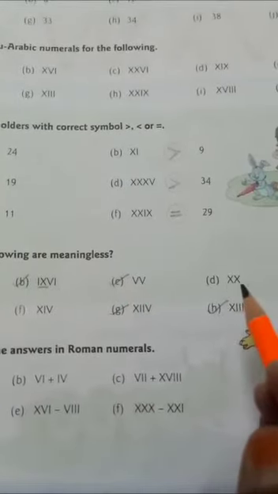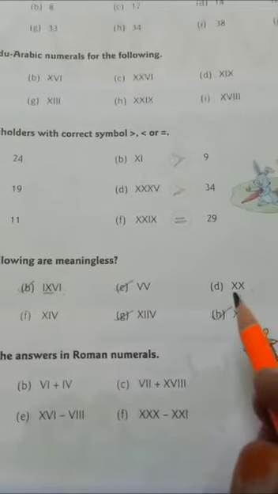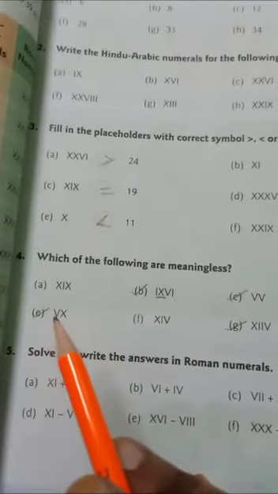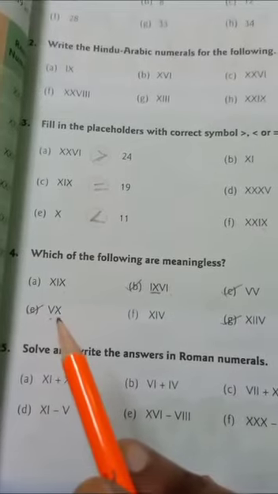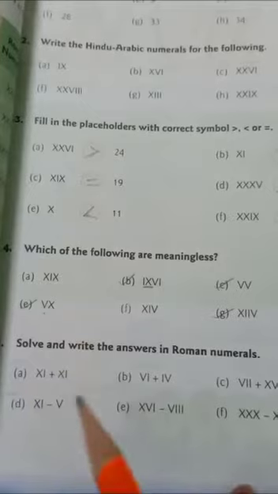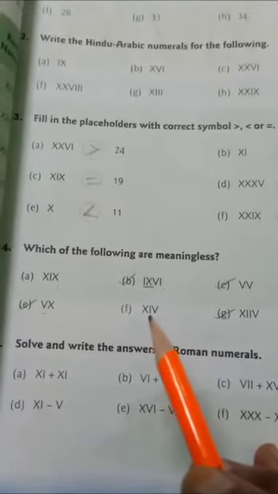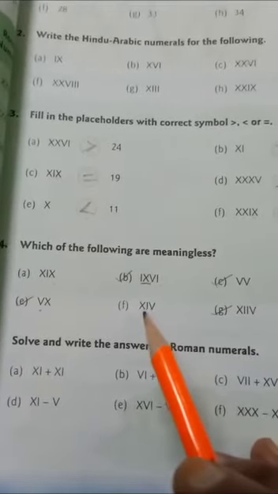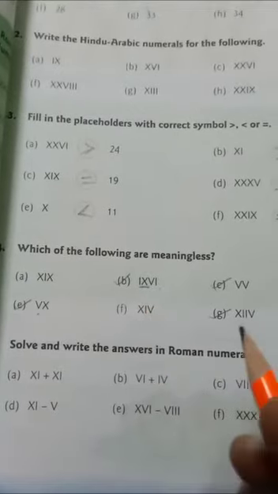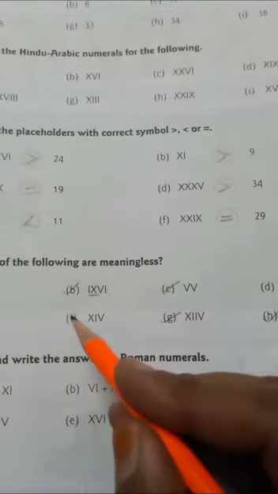Part D, X and X. X represents 10, X represents 10. 10 and 10, 20. And 20 is written like this. Therefore, it is correct. Part E, V and X. 5 and 10. We cannot write 5 and 10 like this. Therefore, it is wrong. XI and V. XI means 11 and V means 5. 115, it can't be written like this. Similarly, therefore, it is